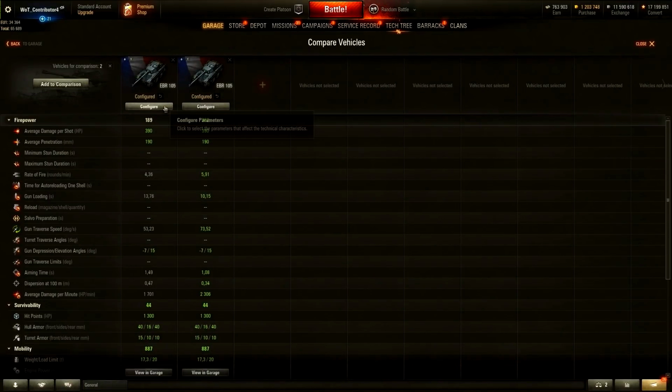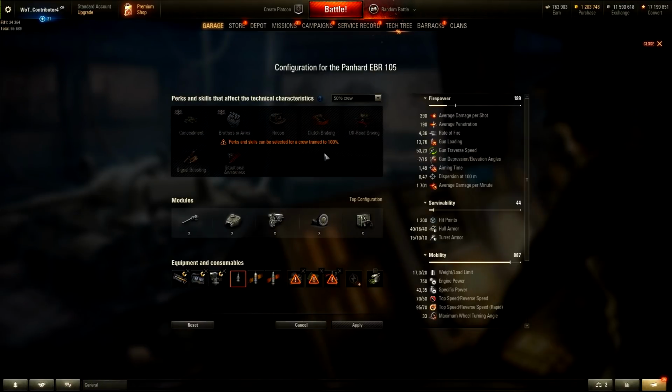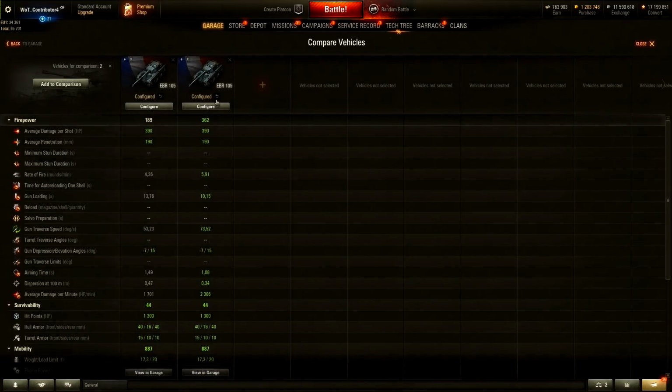On the left side we have 50% crew EBR 105, same equipment, units, stuff like that. And on the right side we have fully maxed out EBR with food, like how people are usually playing with it. Same equipment, units though, and all the skills available as well. And you can see the firepower difference. It's actually quite mad. The firepower points almost twice as weak,